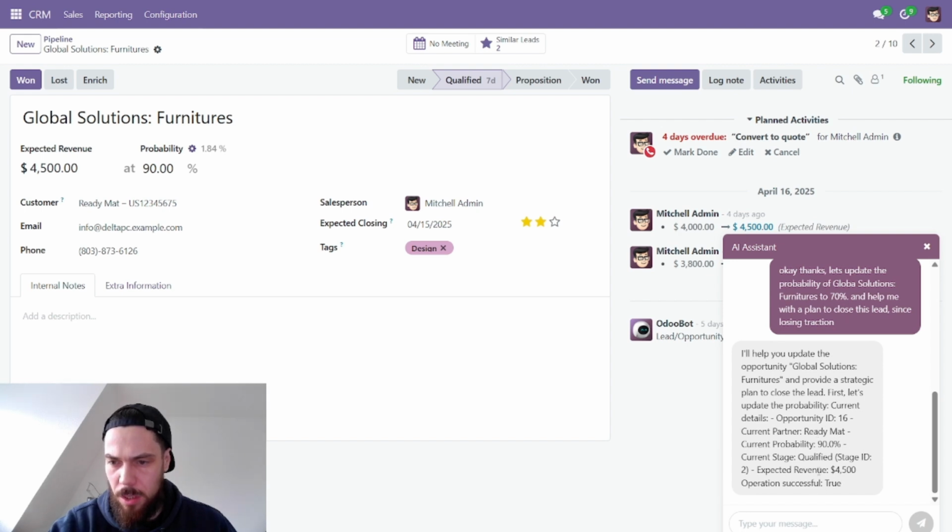I'll update the, provide a strategy. First, let's update the current probability to 70%. Current probability 90%, okay. Successful, true. And it's at 45.